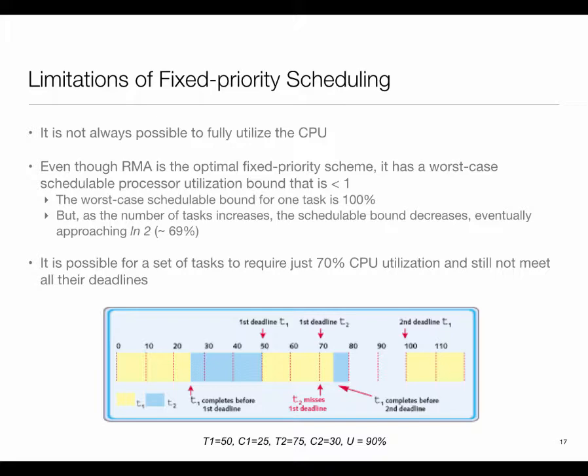Again, from the first example I was doing, it's possible that a task set may have only a 70% CPU utilization, but I cannot slow the CPU down even a tiny bit. I have a 30% reserve. It's almost like a car where I have a more powerful engine just to accelerate. In this case, just to meet the deadline, but I'm actually not using it for my routine performance.